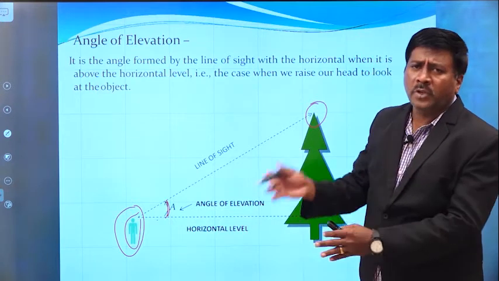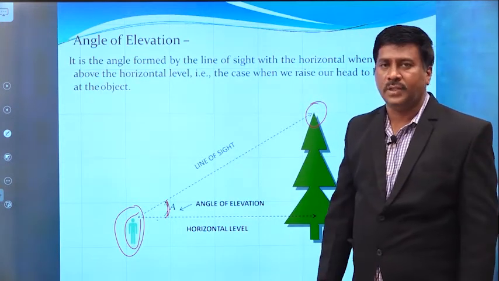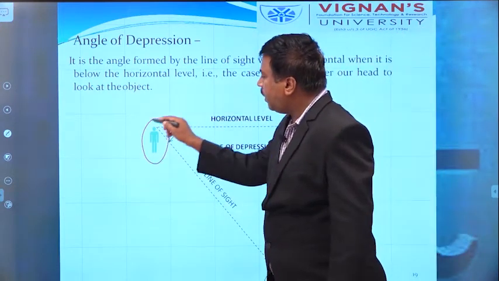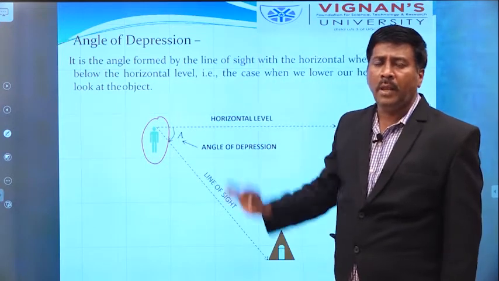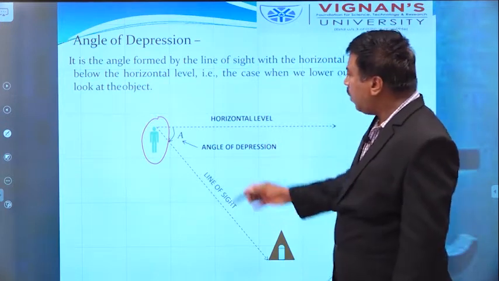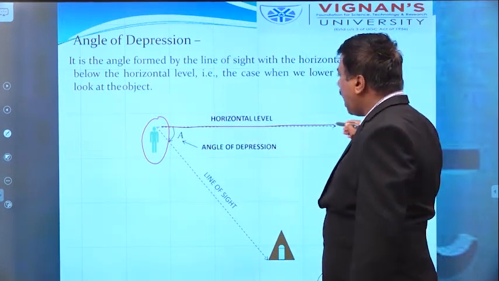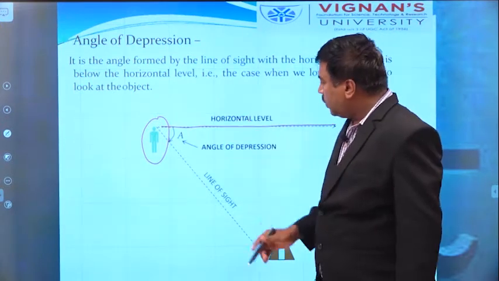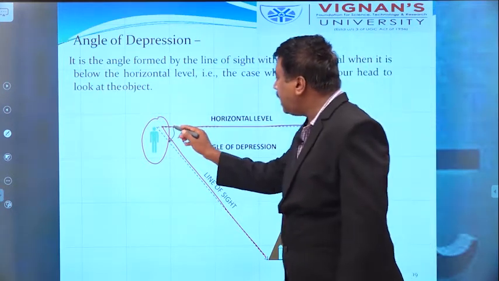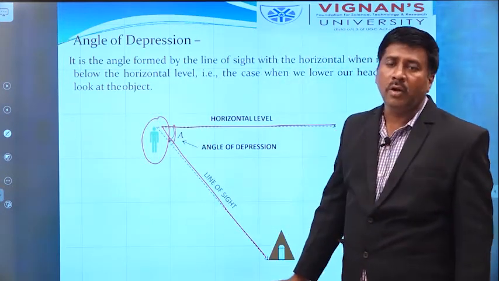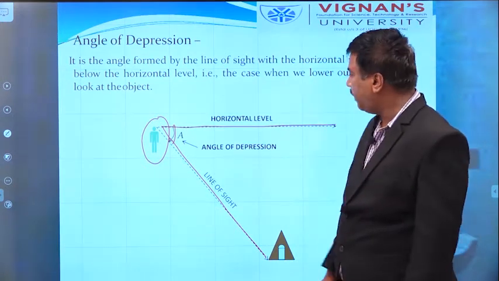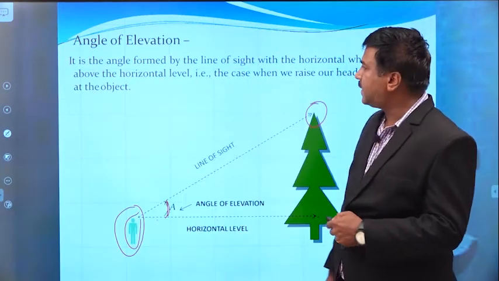Similarly, the quite opposite of this angle of elevation is the angle of depression. How do we take it? Here the person is at the top of the level, but he sees the object at the bottom. Here also we have to consider an imaginary line along his eyes. The person sees the object, then the angle is formed. That angle we call the angle of depression. Okay. So likewise, this is the major difference. Please all of you know about it.